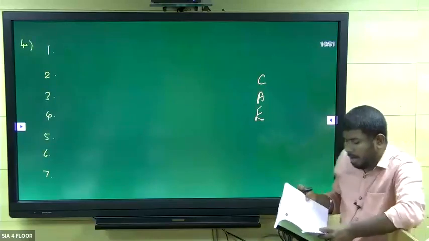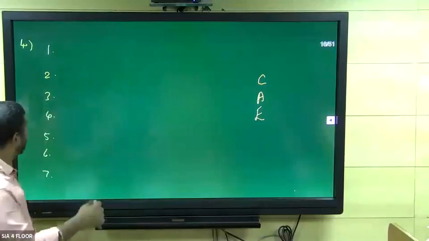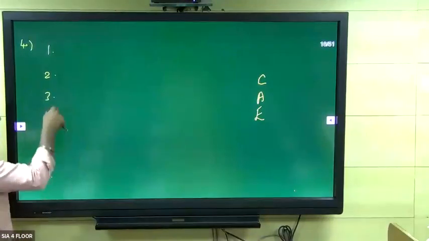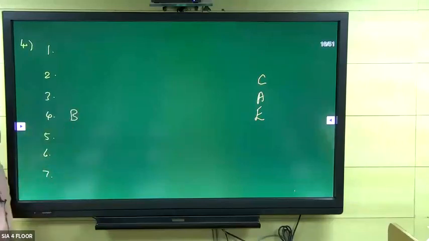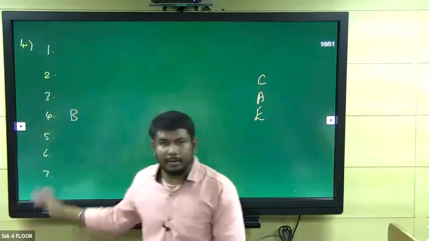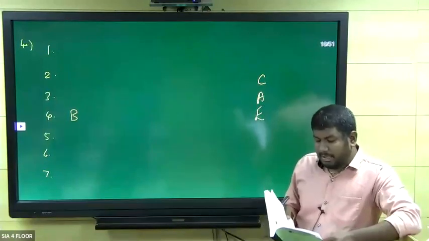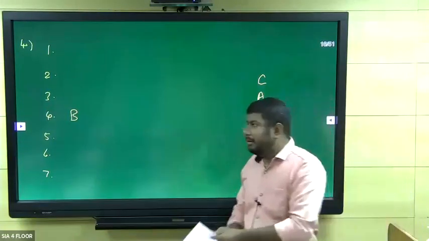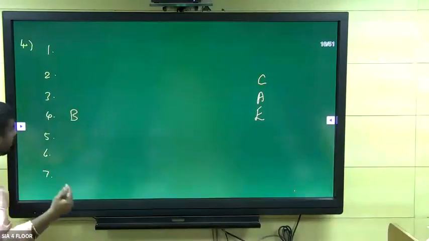So next one. B is in the middle, right? So which place is the middle place here? Totally 7, 3, 3. Fourth one is the middle. So we can fix B here because it is a direct clue, right? B is in the middle. Okay, next. G is between A and B. Okay, listen, guys. B is here. G is between A and B.